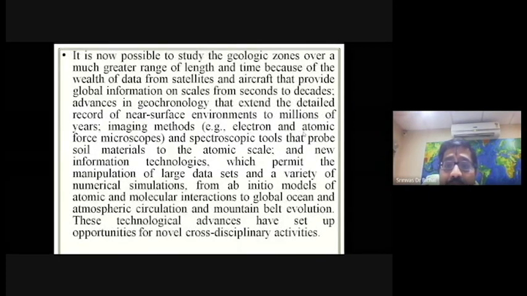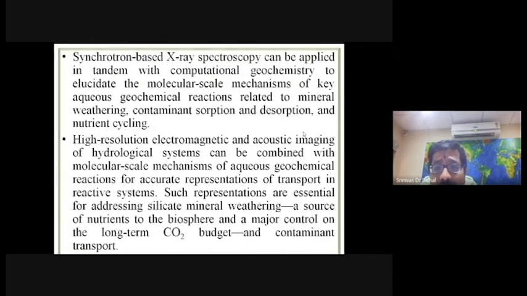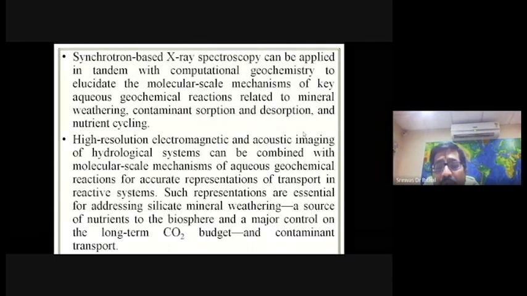Not only that, in spectroscopy also we have lots of instruments like AAS. We have X-ray spectroscopy. Then we have high resolution magnetic and acoustic imaging systems. You see, that is what I told you: each of these sciences is interrelated. These instruments are developed by the physics people, altered by the chemistry people, and ultimately used by an earth scientist or an environmental scientist or anyone who